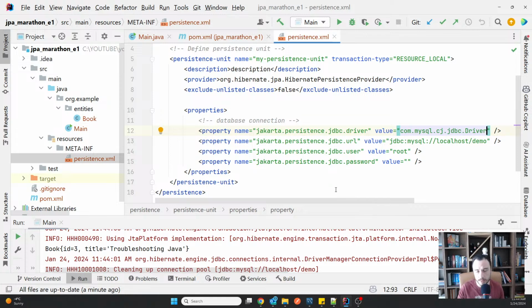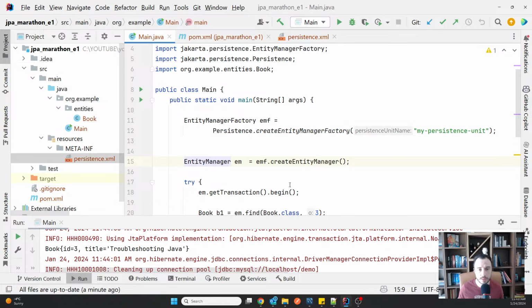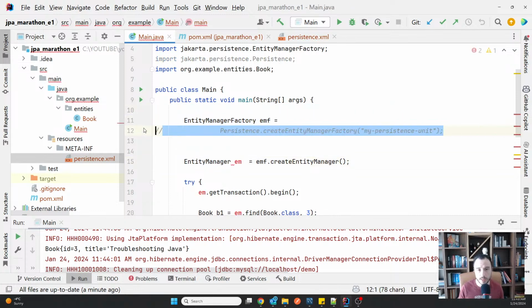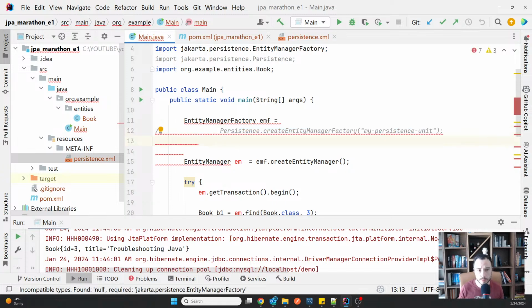For my second example, I'm going to comment this out, and I'm going to find a way to implement an entity manager factory programmatically, so to get it not by means of a persistence XML file, but by means of Java code inside your app.